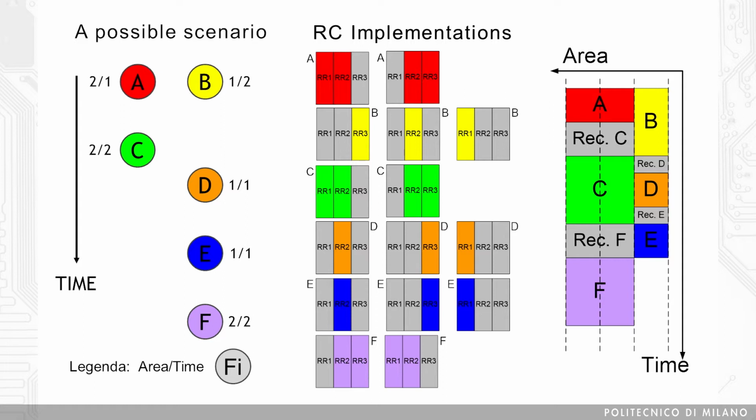Now, we can implement a better runtime. As soon as D is going to be requested by a user, we do not have to wait for the completion of C any longer, but we have to check 2 things. First, do we have on the device enough available resources to implement D? Second, do we have an implementation of D based on the set of available resources? If the answer to both these questions is yes, as it is in our case, we can then proceed with the reconfiguration of D. This is obviously a great improvement in terms of the overall execution time.